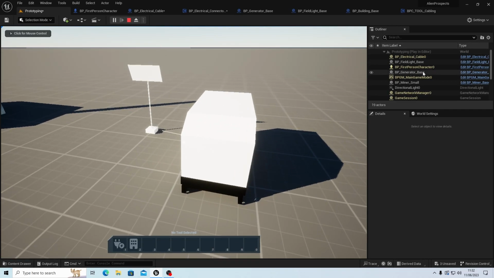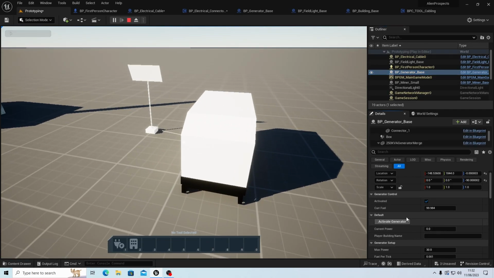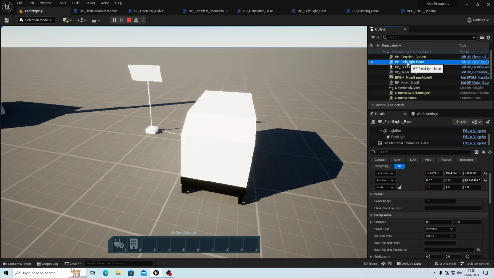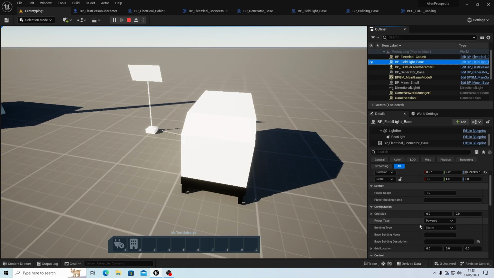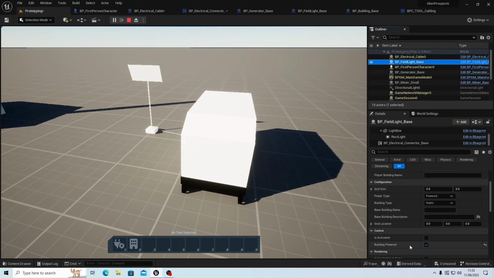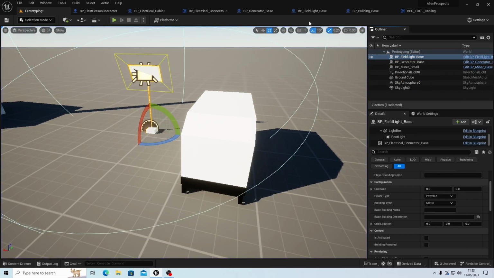Shift F1, go to our generator and activate it. Okay, and the building is powered. There we go. The building is powered. Okay. Now in the base class,